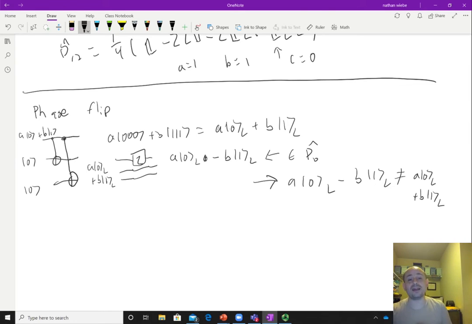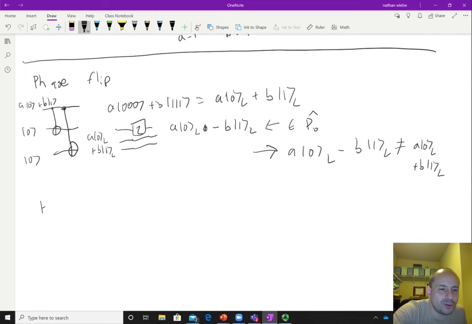Okay, so we can see that this Z error actually ends up causing substantial damage to our quantum state that isn't corrected by the bit flip code. However, we can change this. And the way that we change this is actually really kind of simple in a way. What we do is we note that a phase flip actually is very, very similar to a bit flip. So, for example, let's take a look at the following states. Let's say we take a look at H|0>, which I'm going to call plus for this discussion, and H|1>, which I'm